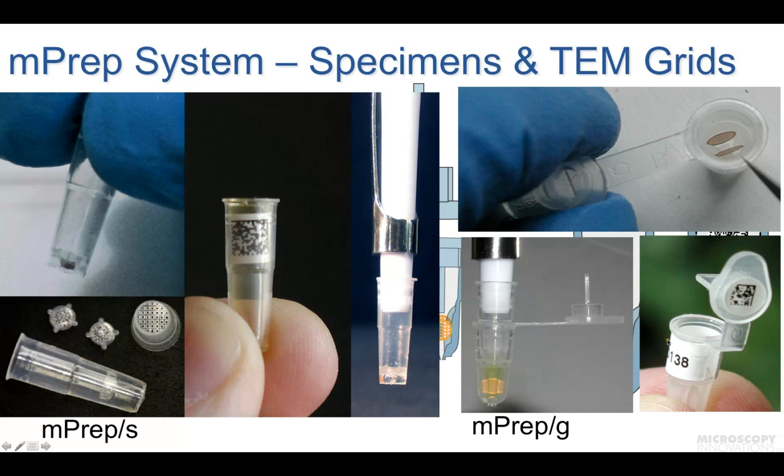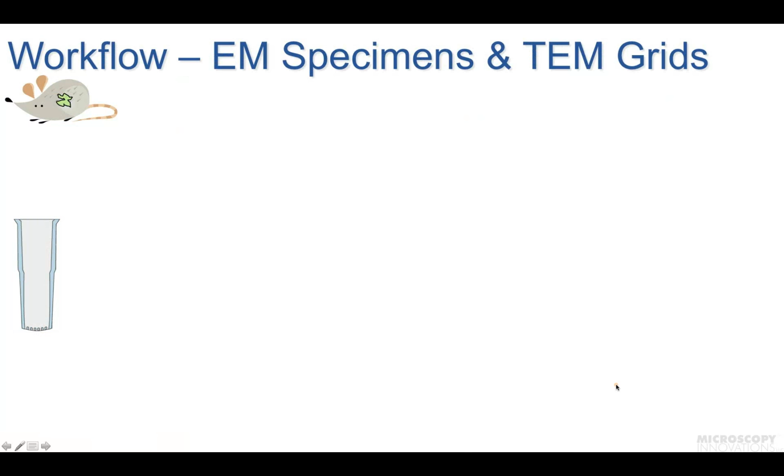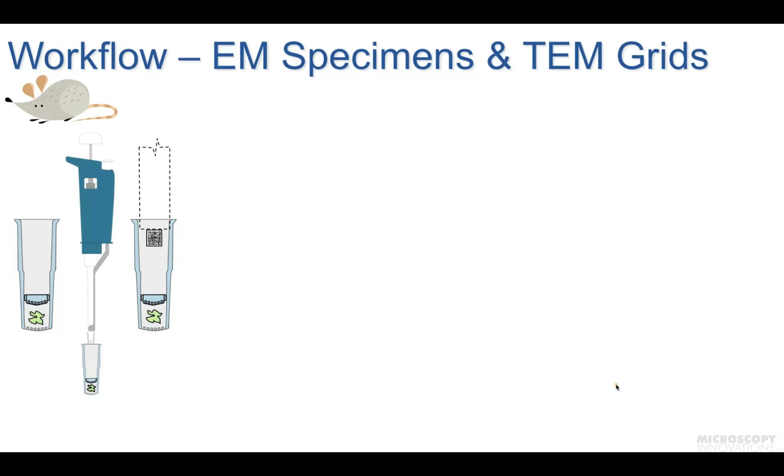Let me further explain how these are used with respect to an EM specimen and TEM grid workflow. In a biology study, the specimen would be placed into the mPrep S capsule, entrapped with a removable adjustable screen. The capsule is then connected to a pipetter, like a Pipetman. Once it's connected, all the fluids for the processing, the fixation, dehydration, and embedding resins are exchanged, as shown here. This pipetting process is extremely easy to do, so we can also engender agitation during these processes by simply doing a full or a partial volume fluid exchange to do